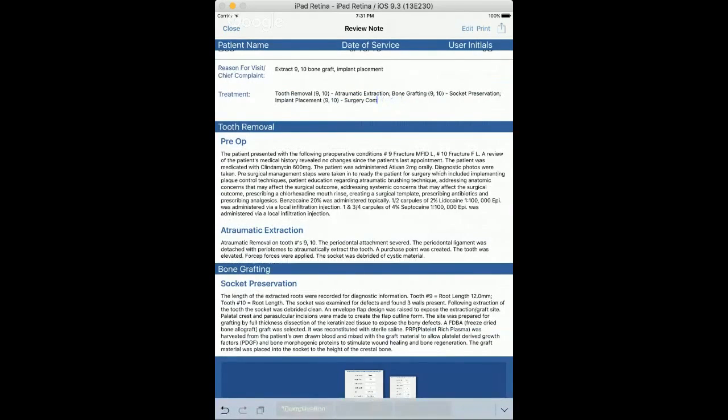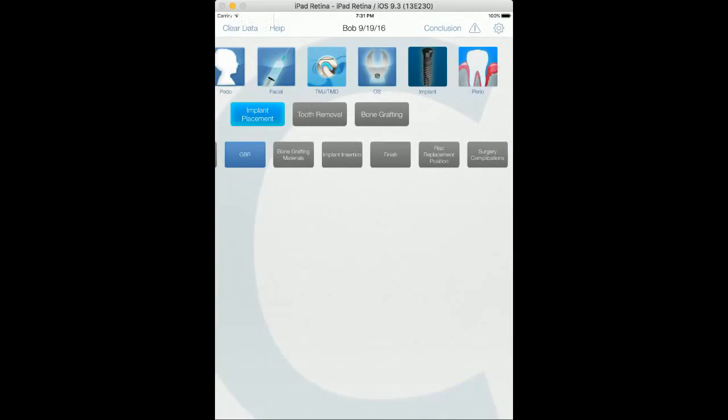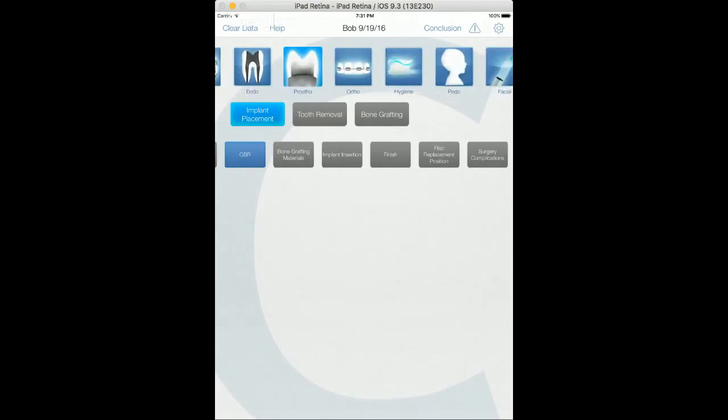So I'm going to take this away, the surgery complications that we just did. Notice how it popped back on the screen. I'm going to explain it to you in just a moment. So let's take that out, and I'm going to close this out, and we're going to go back and write a little bit more. Now, what we're going to write is some detail about